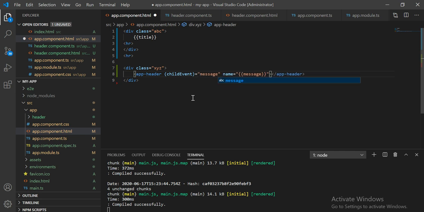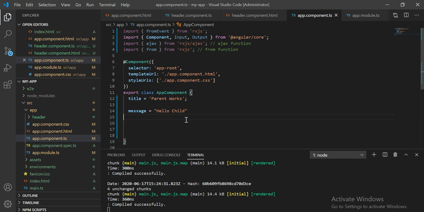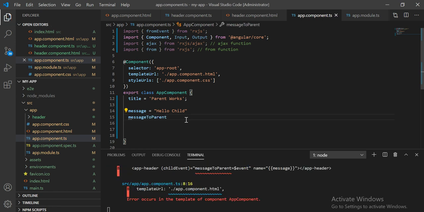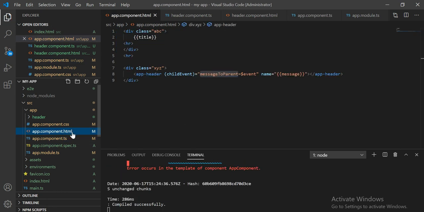Let's call the variable message to parent, and it will hold the message in this $event object. This message to parent should be defined within the parent's class.